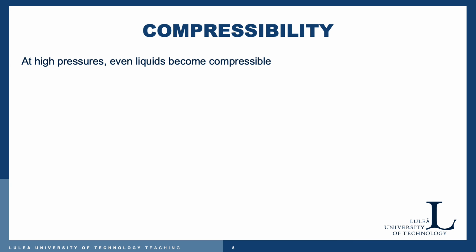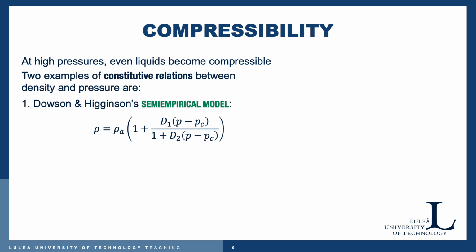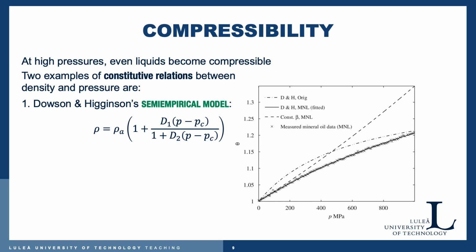Another constituent in the Reynolds equation is the pressure-density relationship, which models the compressibility of the lubricant. And obviously gases are compressible even at very low pressures, but at higher pressure even liquids become compressible. Two examples of constitutive relations between density and pressure will be given here. And the first one is the Dawson and Higginson semi-empirical model. So they had some oil data and they fitted an expression, exactly this expression as we see here, to that data,